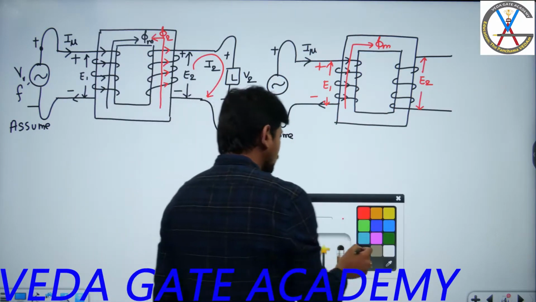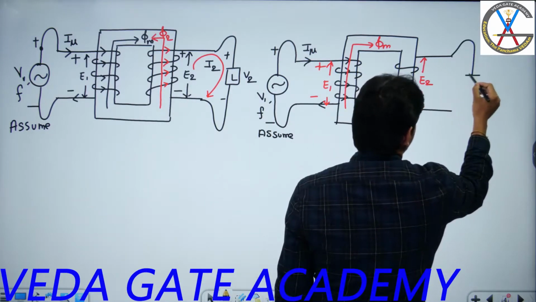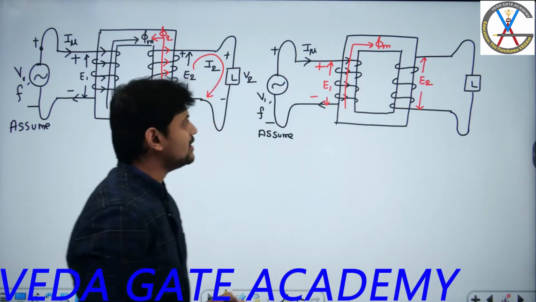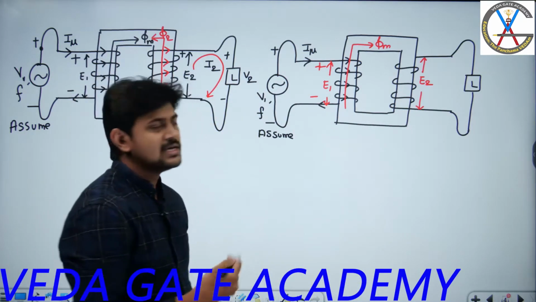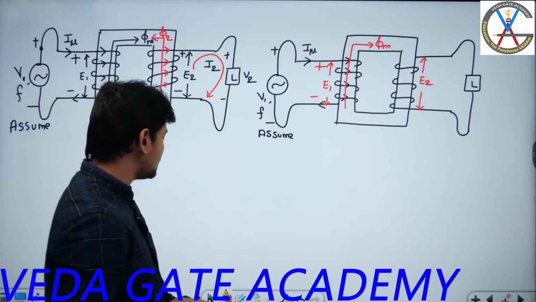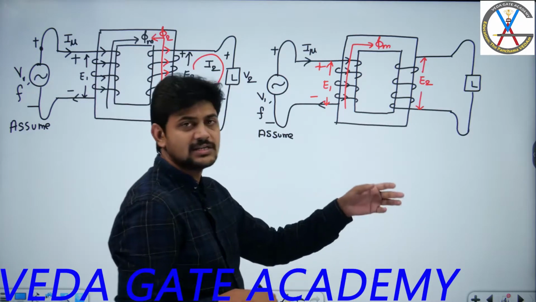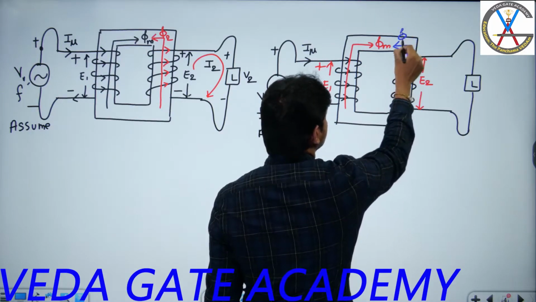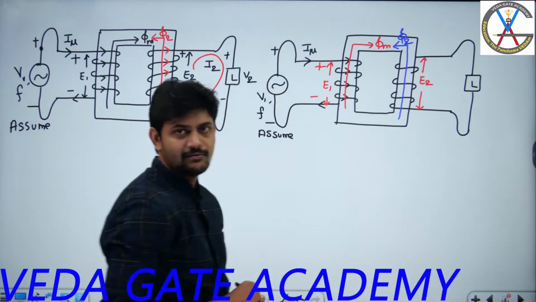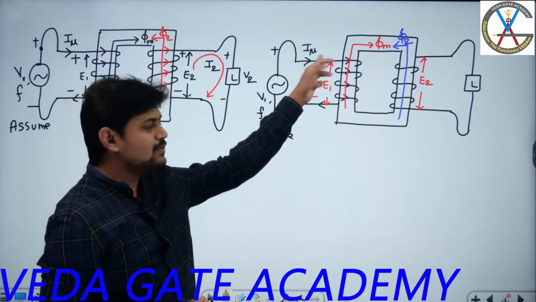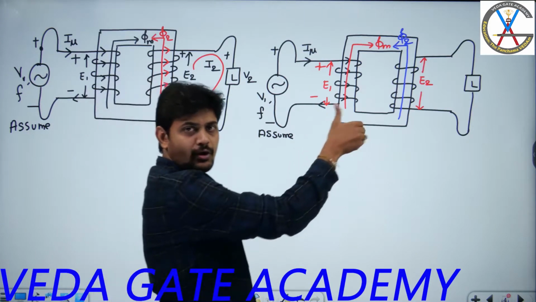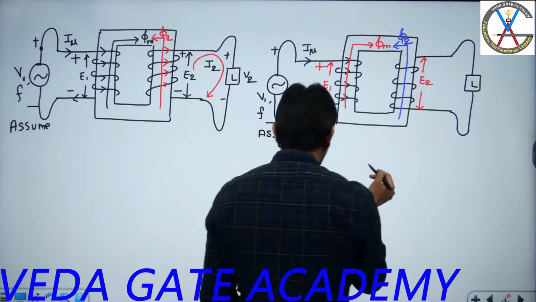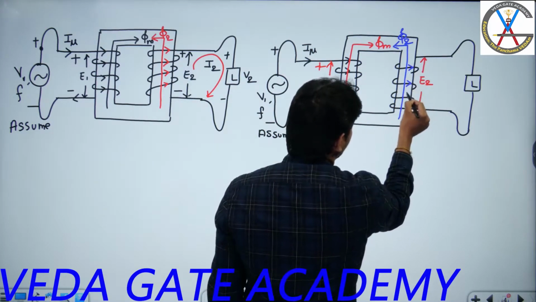Now what I will do, I am going to connect a load across the secondary winding. The moment I connect a load, what will happen? The load will draw some current. The direction of that current I2 in the secondary winding is such that it will produce one more flux, and according to Lenz's law, this produced flux will try to oppose the main field flux. So the direction of the secondary flux should be in the upward direction. Now if you apply the right hand thumb rule to satisfy flux direction upward, the direction of current in the winding on the limb will be in this fashion.